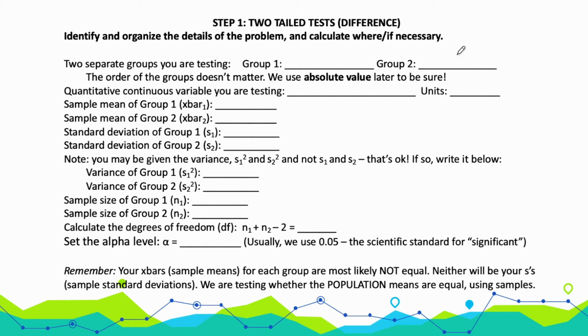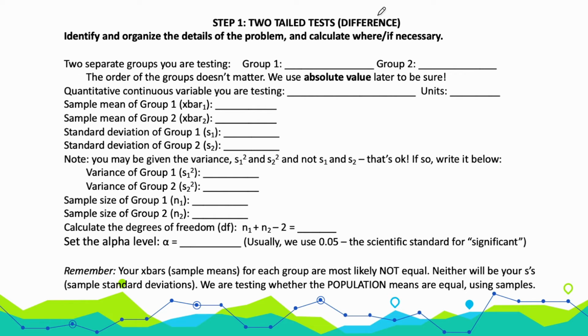Whenever you're completing problems like this, you want to organize all your details. You want to identify your two separate groups. And in these problems, in two-tailed t-test problems, we're only looking at the difference between groups. We don't care about directionality, so it doesn't matter which group you decide to put first. You want to identify the quantitative continuous variable you're testing and make sure you include your units, like a good